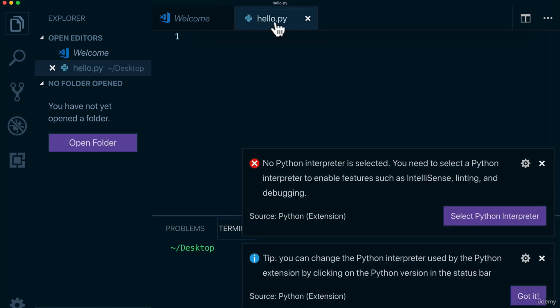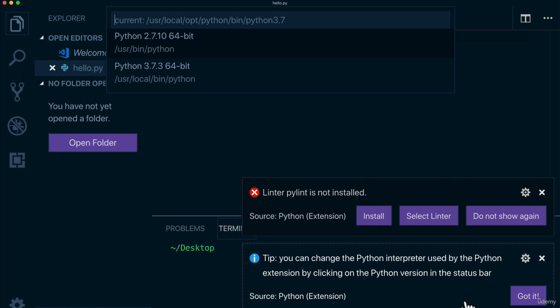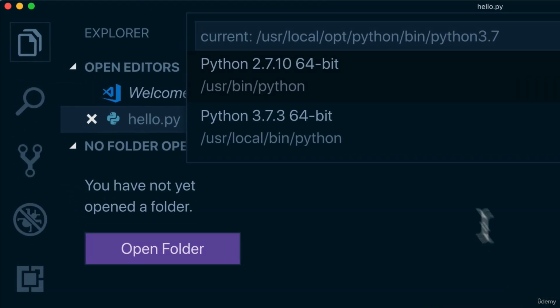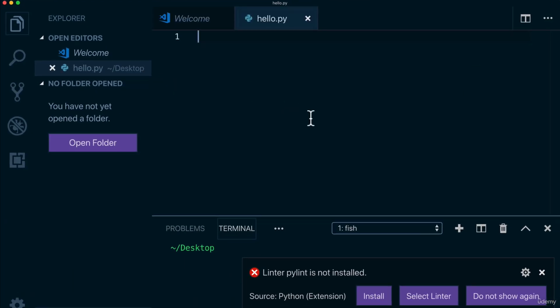You'll see right away when I do that, it's going to tell me, hey, there's no Python interpreter selected. You need to select a Python interpreter. And luckily, we actually learned what that means, right? So let's select a Python interpreter, and look at that. It tells me that I have a choice because we've downloaded version 3.7, but on my Mac, I also have the pre-installed 2.7. So luckily, Visual Studio Code tells me, hey, which one do you want to use? And I'm going to say, I want to use Python 3.